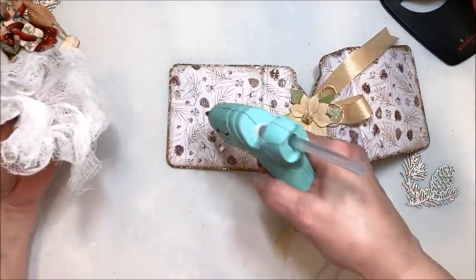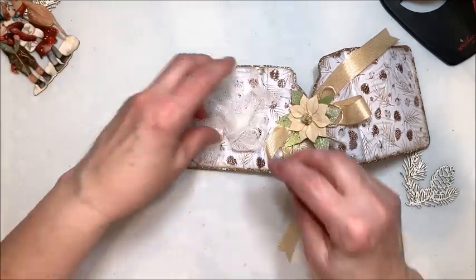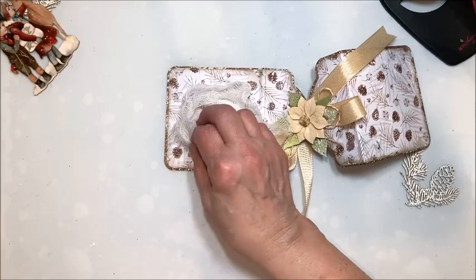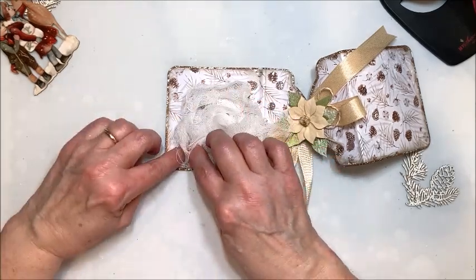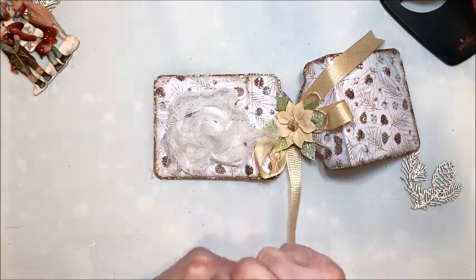I'm going to take this cheesecloth and I'm going to just randomly put glue down, hot glue, and then I'm going to put that in there, because I want this to look, there's so much cotton ball theme in this paper collection. I kind of want to play on that a little bit. So I'm going to take this,